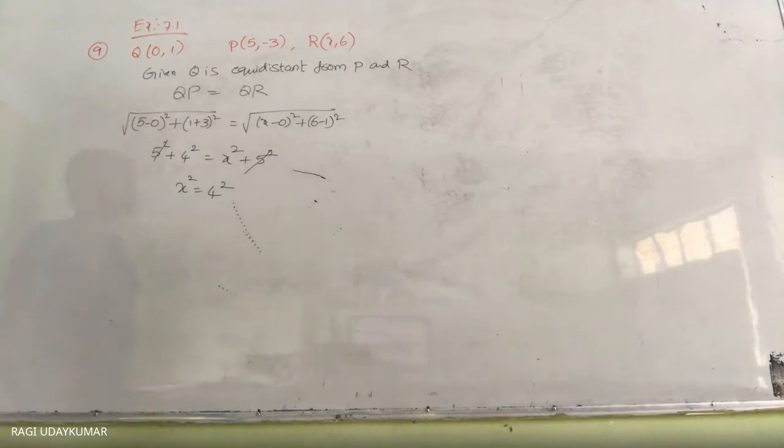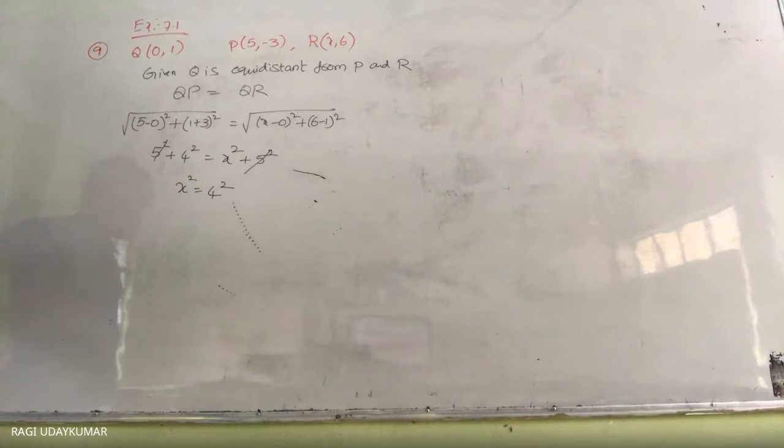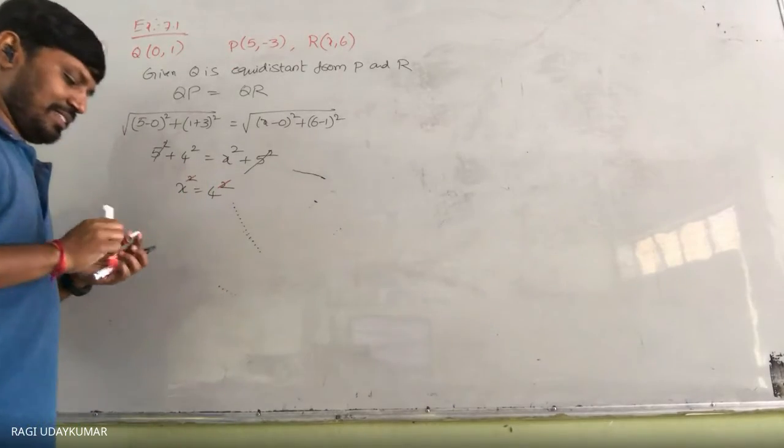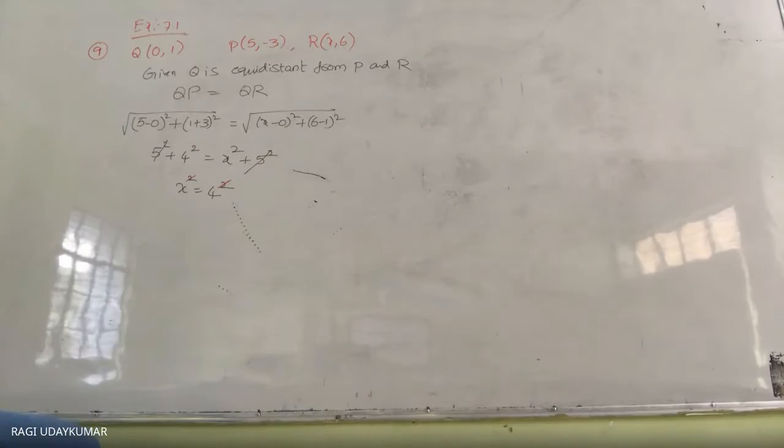Is that right? Whatever I did. No, sir. Why not? Sir, because the square and the square of 4 will cancel with the square of x. Okay, that's what I am saying. Suppose if I cancel like this... No, sir, it will not be in this manner. It will be just as a root, x on the other side.